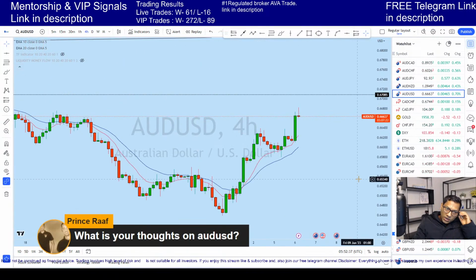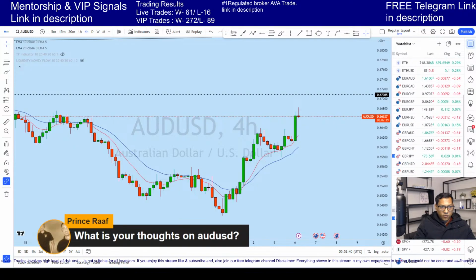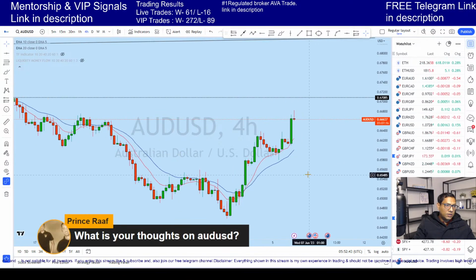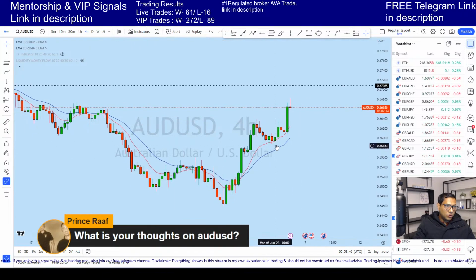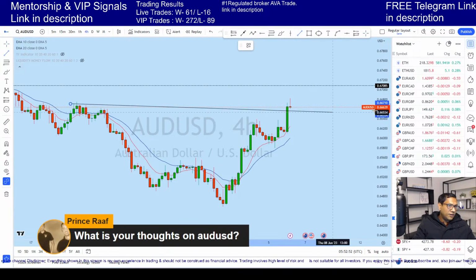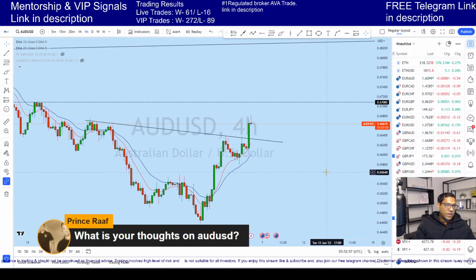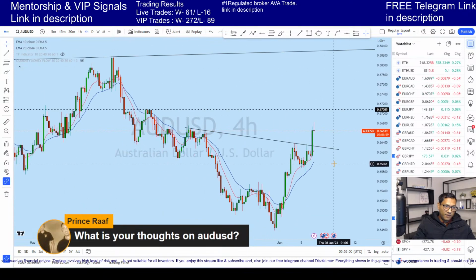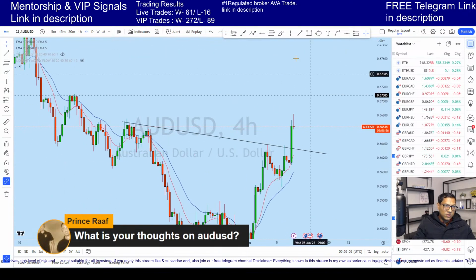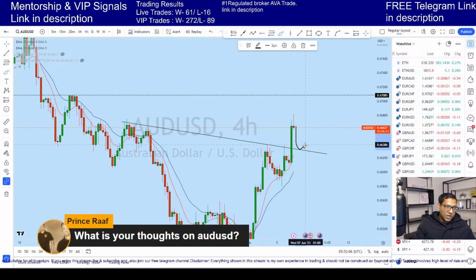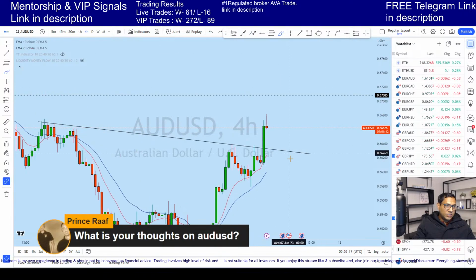Now from the lower time frame perspective, on the 4 hour, this is a movement doji, and then the price has broken to the upside, leaving a resistance line here to be tested as a support. As I mentioned, there is news coming up on AUD USD. We might see this market getting very volatile. 3 hours remaining for this candle. Any kind of drop towards the downside to this previous resistance, which is turning support, and we can expect AUD USD to break to the upside from this level. And this is where I will be waiting for an entry.